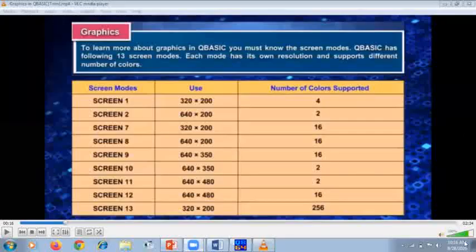Okay, so let us start today's topic now. So first of all, I'm going to share my screen. Here you can see I had shared this video already with you all. We had discussed in this video about the screen modes. So basically the graphics that we are going to create in QBasic depend upon the screen mode. The default screen mode in QBasic is screen 0, which supports only text. That means we can't draw graphics, images, lines, or circles on our output screen. So how can we do that? For this, you need to change or switch your screen mode.